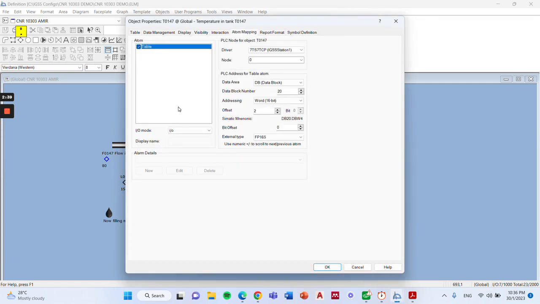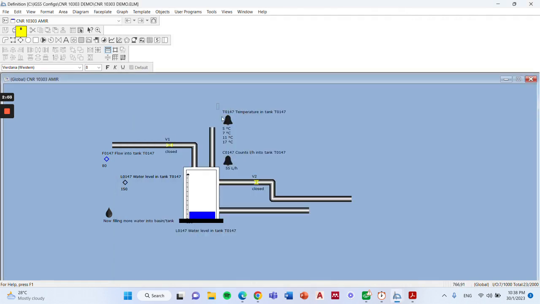Next, go to the atom mapping. On the driver, choose S7 CP IGSS station 1, node 0. For the data area, choose data block DB with the data block number with 20, addressing word 16 bits with the offset of 2 and bit offset of 0, and the external type with FP16S. And the I/O mode, choose drop down with IO. And then click OK. And this will show up, and you can resize it and place it wherever it is